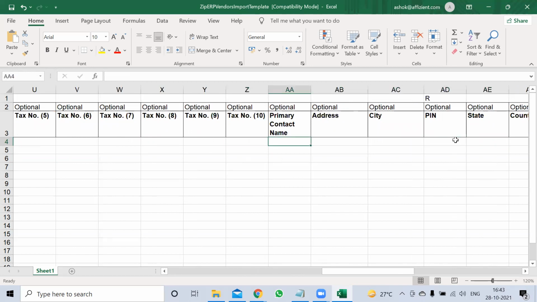Now, the primary contact name, Mr. Ramesh. Address will be 1 Mahatma Gandhi Road. City will be Hyderabad, Secunderabad.